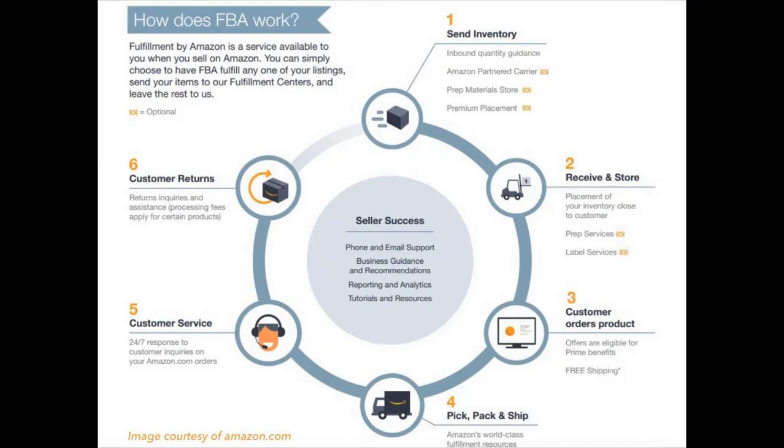Just list the product from your Amazon account, and once you receive an order, Amazon will pick up the order from its warehouse, pack the product and ship it to the customer's address. It would also take care of the refunds and returns from the customer. While it seems that Amazon takes care of many of your business functions, nonetheless there are a few prerequisites to start an